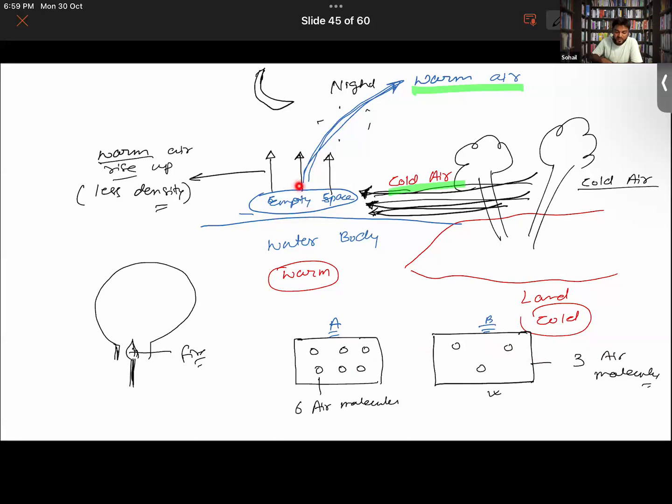What happens? The air molecules which are warmer are now starting to move upwards. So thereby, lesser molecules of air are present over here. This empty space which you are seeing over here now has lesser particles of air molecules. So lesser particles mean,